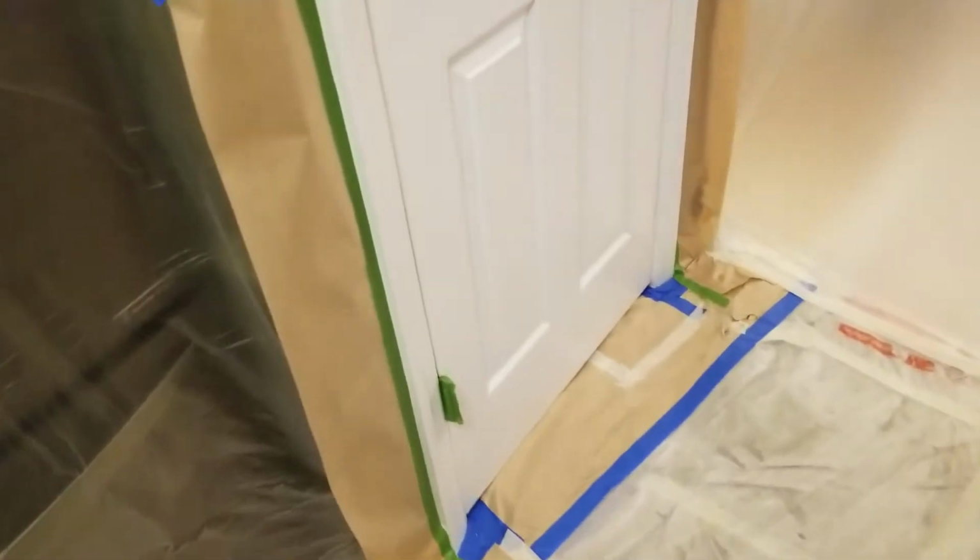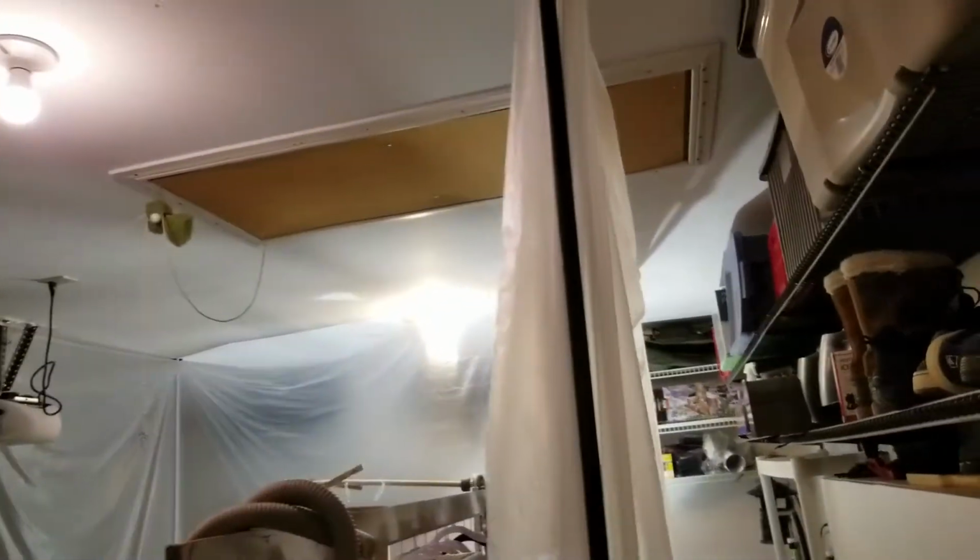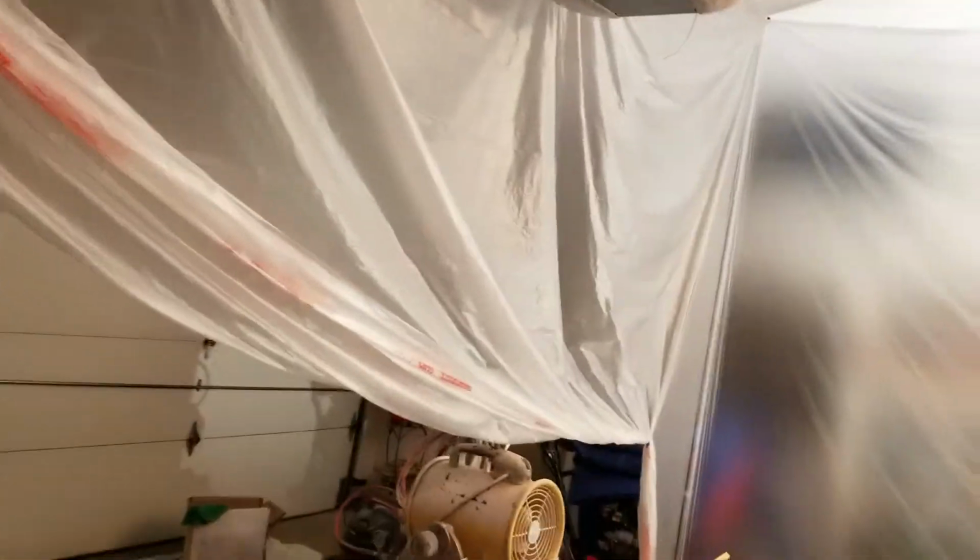So this is all going to be done in a Dover white, and it's kind of like a very light cream color. So there we go. There's the job. And then when we go into the garage, we have set up a booth here where then we're going to be spraying